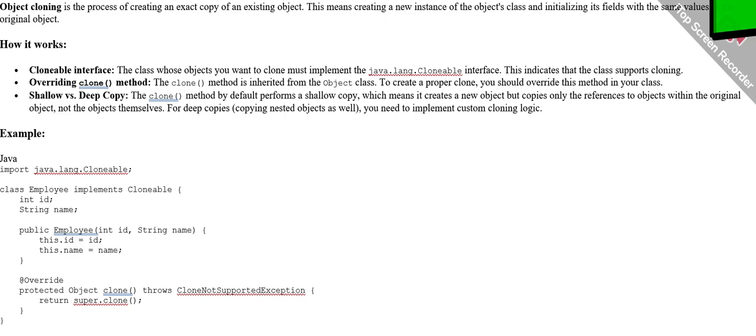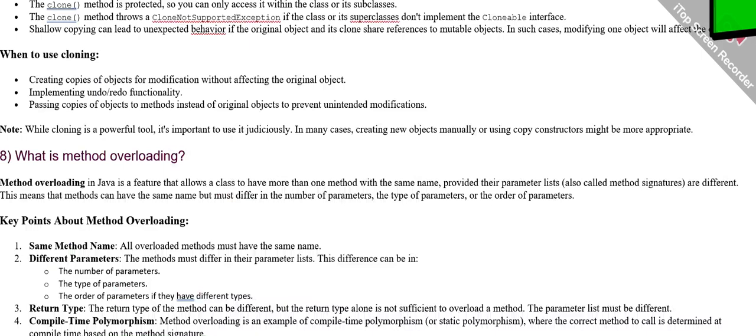Example. Java. import java.lang.Cloneable; class Employee implements Cloneable { int id; String name; public Employee(int id, String name) { this.id = id; this.name = name; } @Override protected Object clone() throws CloneNotSupportedException { return super.clone(); } }